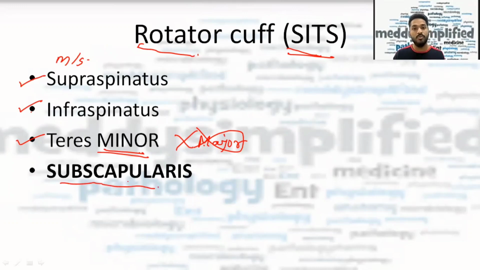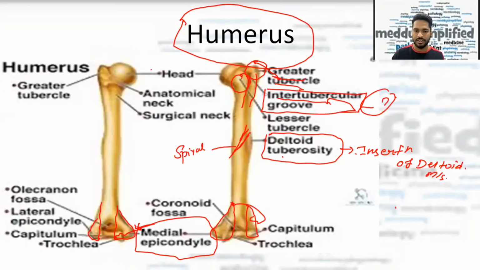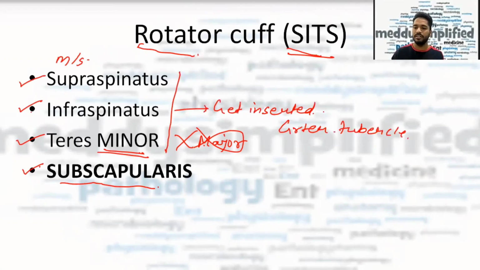अब मैंने subscapularis को भी bold में लिखा है. There might be a reason why I have written subscapularis in bold. So first of all, these 4 muscles, that is supraspinatus, infraspinatus, teres minor, and subscapularis, make the rotator cuff. This is one thing you should know. And these 3 muscles, where do they get inserted? They get inserted at greater tubercle, right, or tuberosity, whatever you call it. So here it was, this greater tubercle. यहाँ insert होगी. All these 3 muscles, supraspinatus, infraspinatus, and teres minor, at greater tubercle. But this subscapularis gets inserted at lesser tubercle.